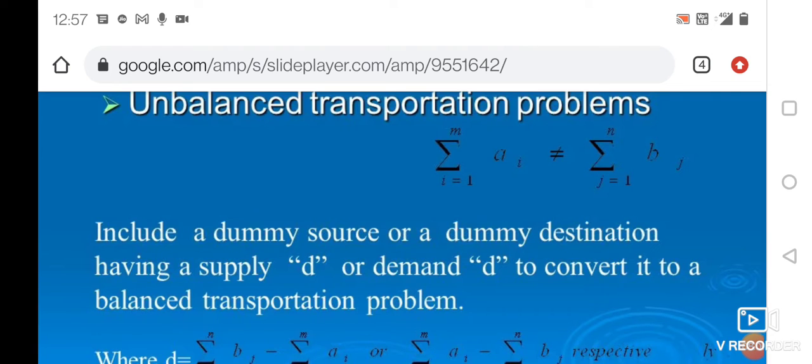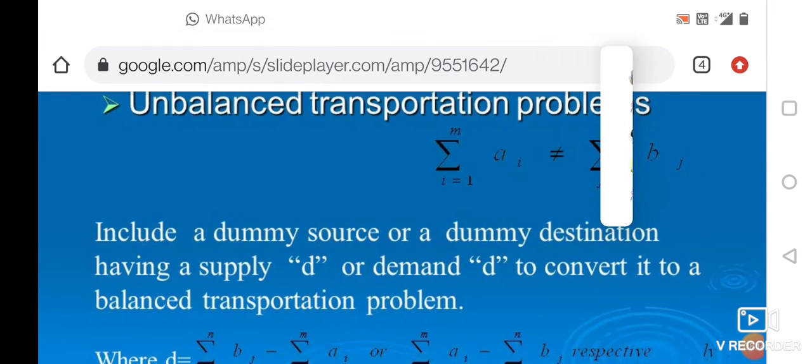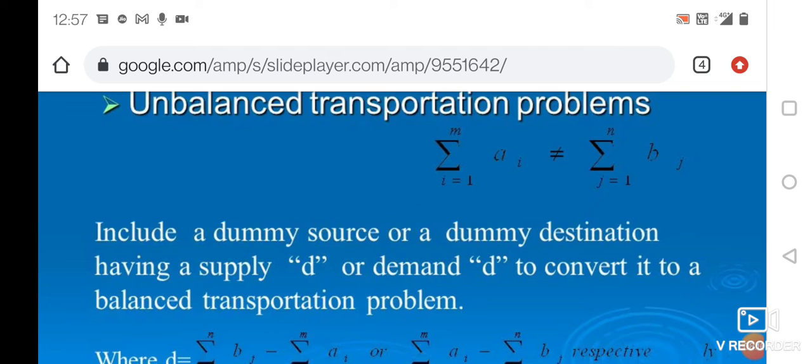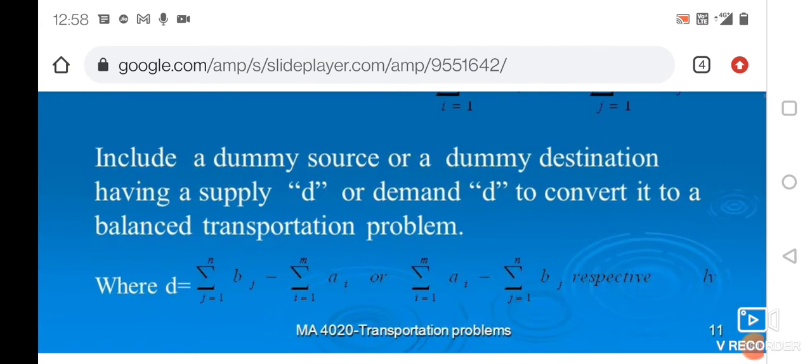Include dummy sources or dummy destinations having supply D or demand D to convert it to a balanced transportation problem, where D is equal to the sum of j equals 1 to n of bj minus the sum of i equals 1 to m of ai, or the sum of i equals 1 to m of ai minus the sum of j equals 1 to n of bj, respectively. That means